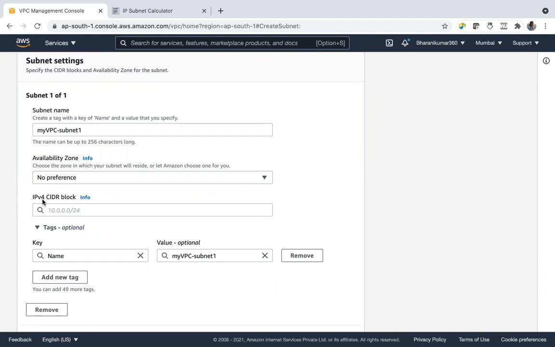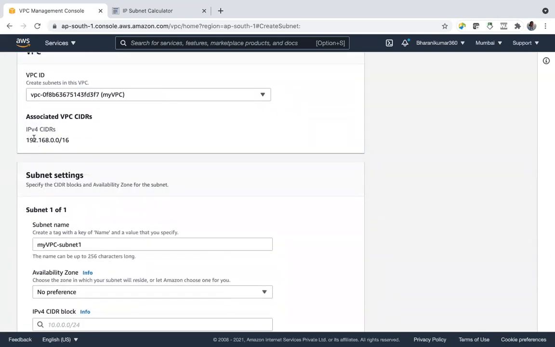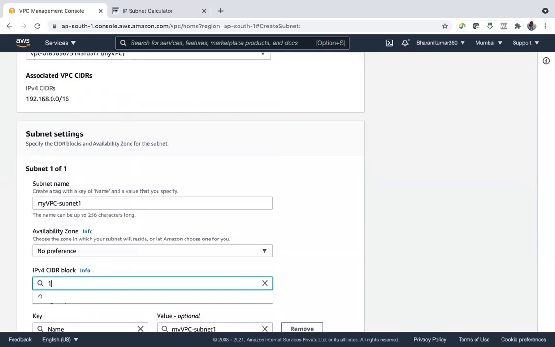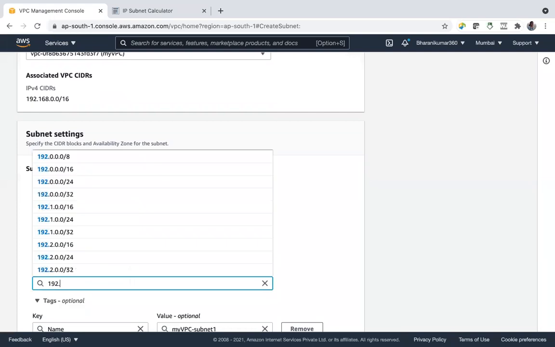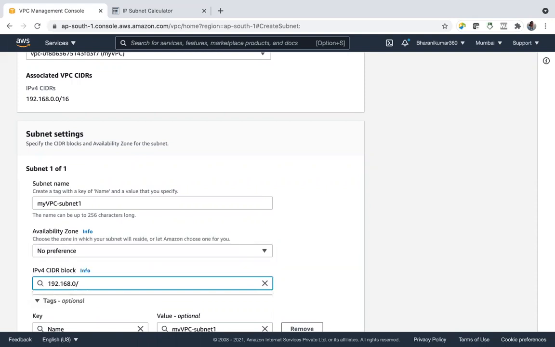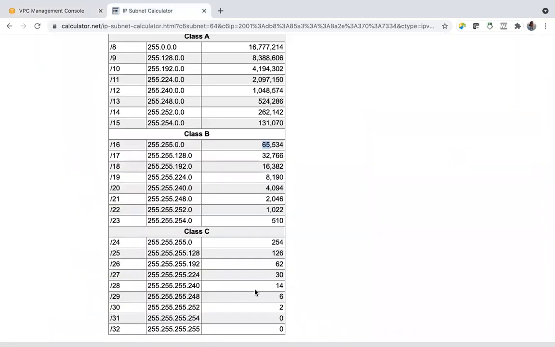And here, what is the CIDR block? So here you are splitting up my VPC, right? So the first 2 octets have to be same. Like in my home network, I have 192.168, and for one router, 0 is there. So let us say this subnet has third octet as 0 only. And range, let us use /28. /28 means 14 devices. Only 14 devices can connect to it.